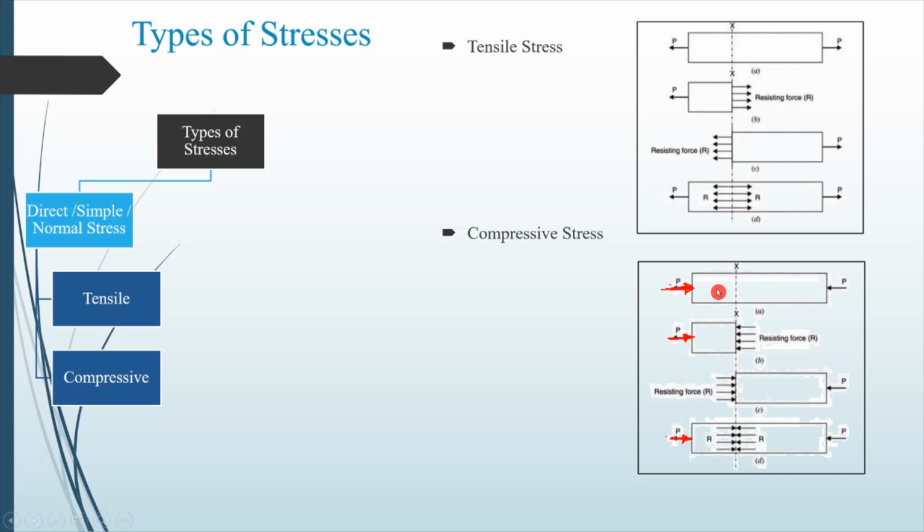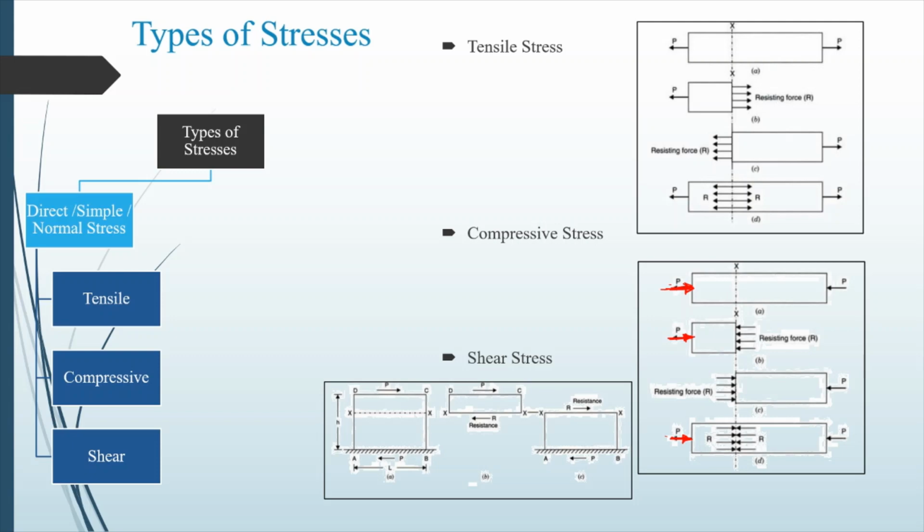So here also if you apply force which is coming towards the body along the axial direction, it will develop compressive stresses inside the body. So these compressive stresses are equal to the applied force. So the resisting force can be written as R, and the value will be the same, P is equal to R within elastic limit. Similar for the right hand side. So the final diagram can be drawn in this way. So next type of stress we'll see